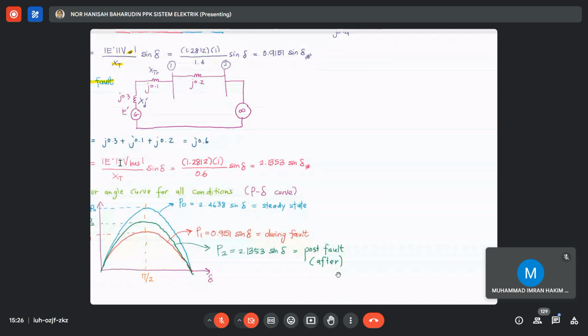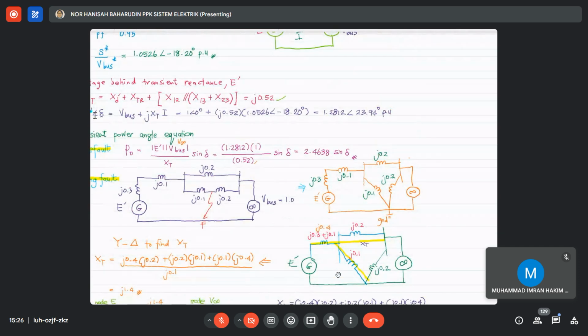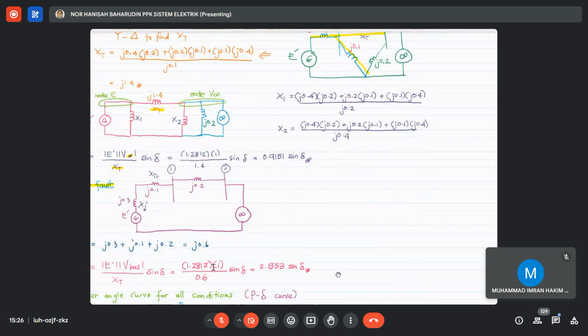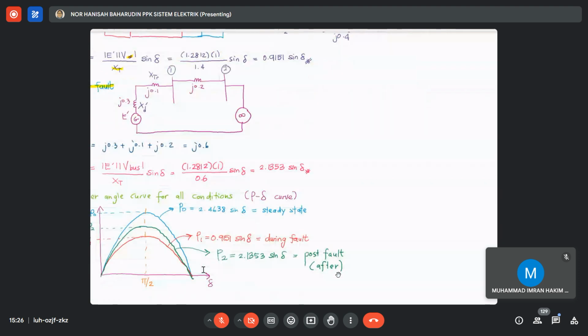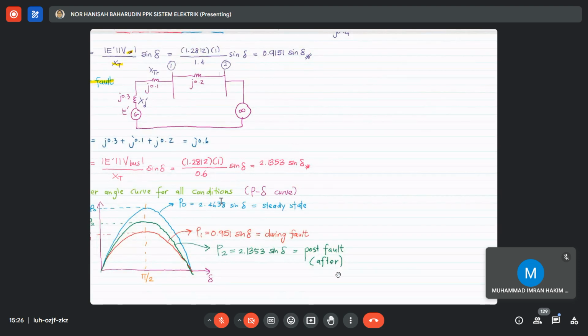Okay, so E prime times infinity bus divided by the transfer reactance and delta. So E prime will be 1.2812, which you have calculated from here as your generated internal voltage, which is your E prime. Just take the magnitude times the infinity bus divided by the transfer reactance, 0.6. The power angle curve for all condition is,